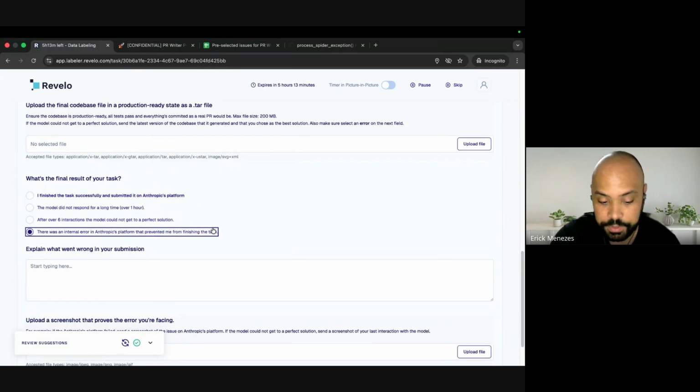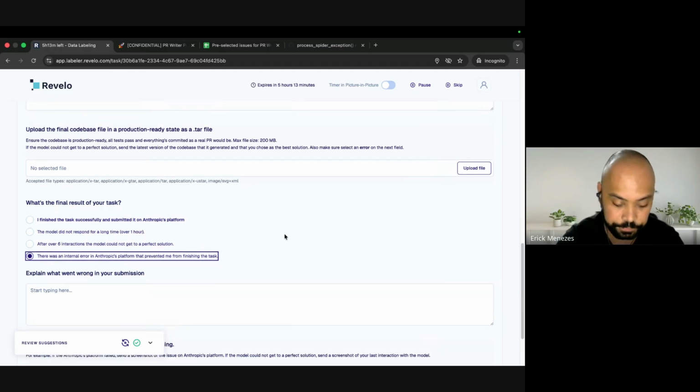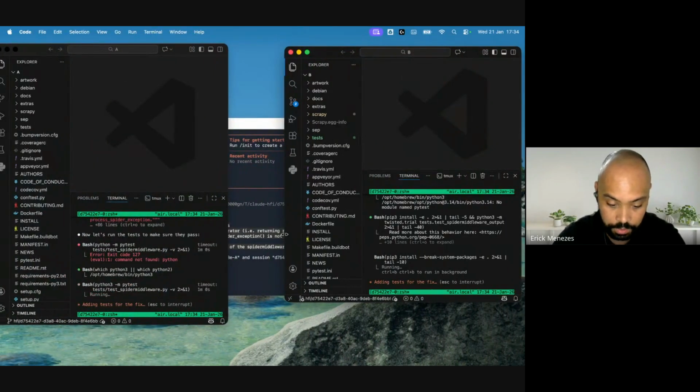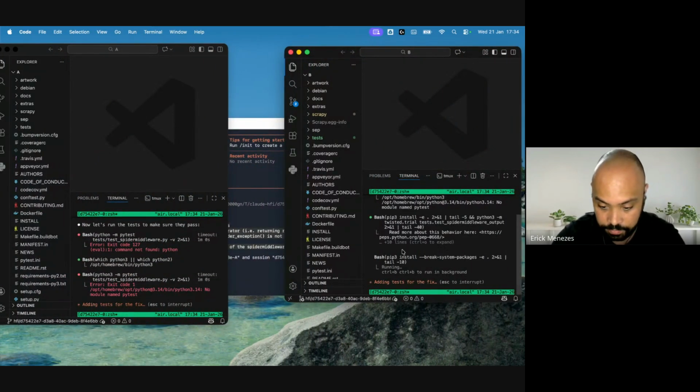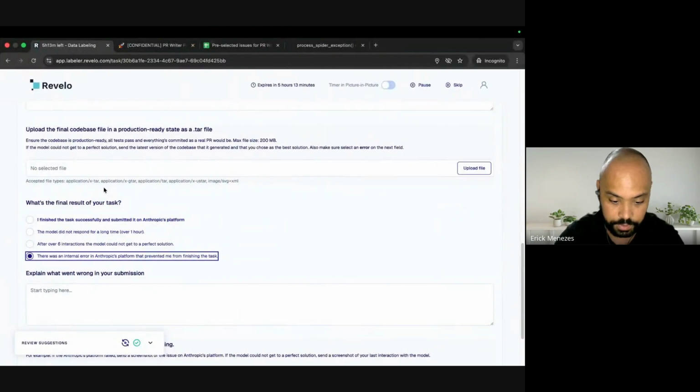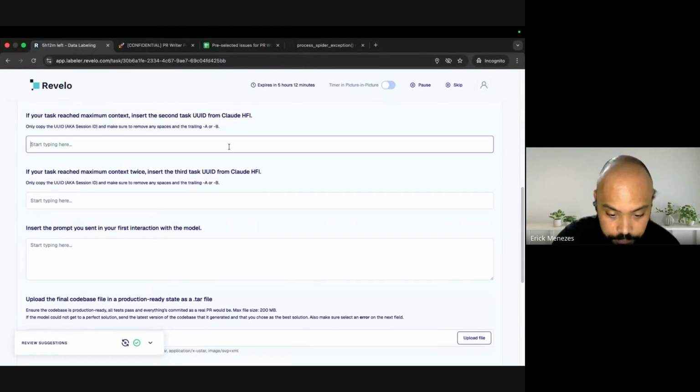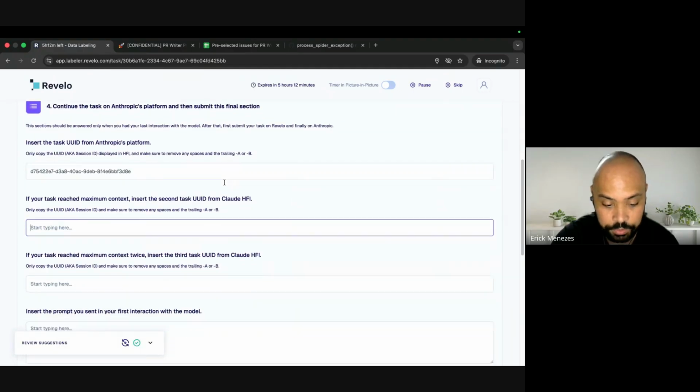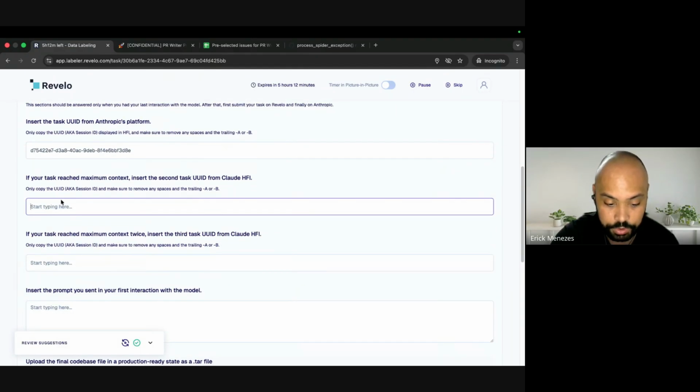And there's another option. That's when the model responds something unexpected, like an API error or some problems. So you can also select these options. And again, tell us what went wrong, give us a few screenshots. So the models are still thinking. Let's grab here. I will talk about these other two fields.